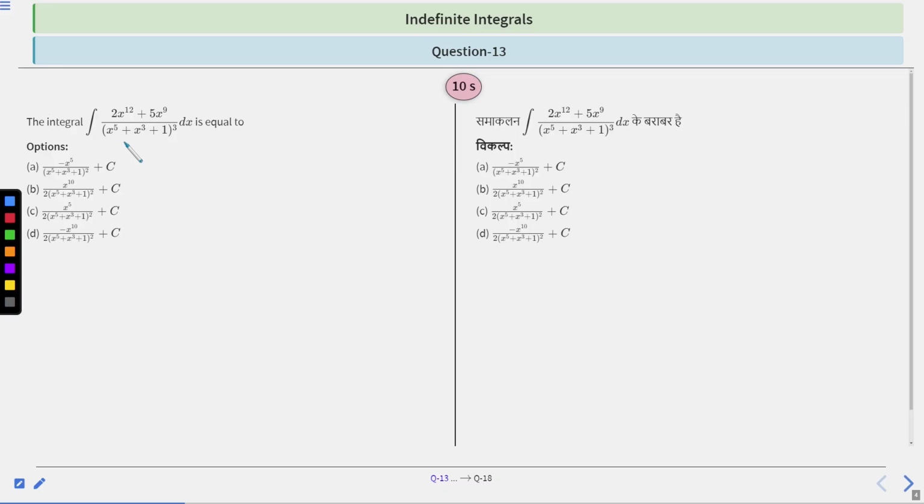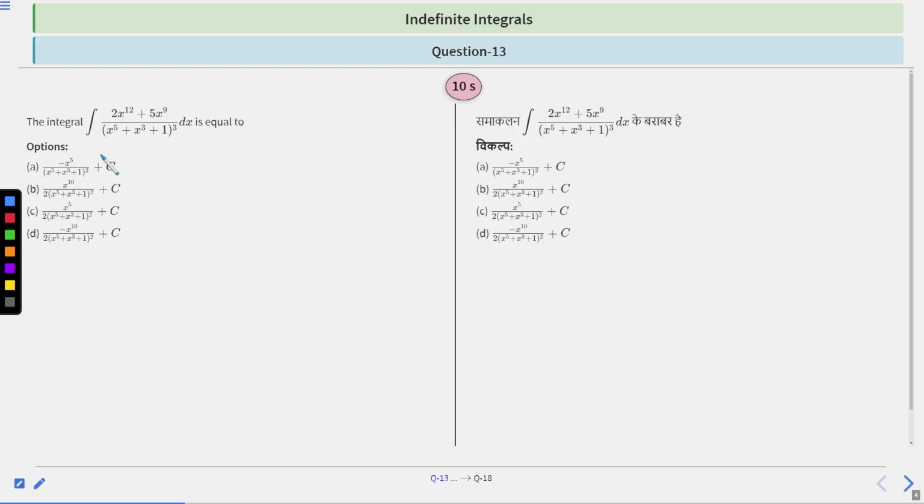You can easily take x to the power 5 out, right? So it will be like x to the power 15, then it will be 1 plus 1 by x square plus 1 by x to the power 5, like that. Clear? Then the numerator will become f dash x and denominator will become fx whole cube. Clear? So we have to do certain adjustments and simplifications to make this expression in the form of integration of f dash x upon fx, right?